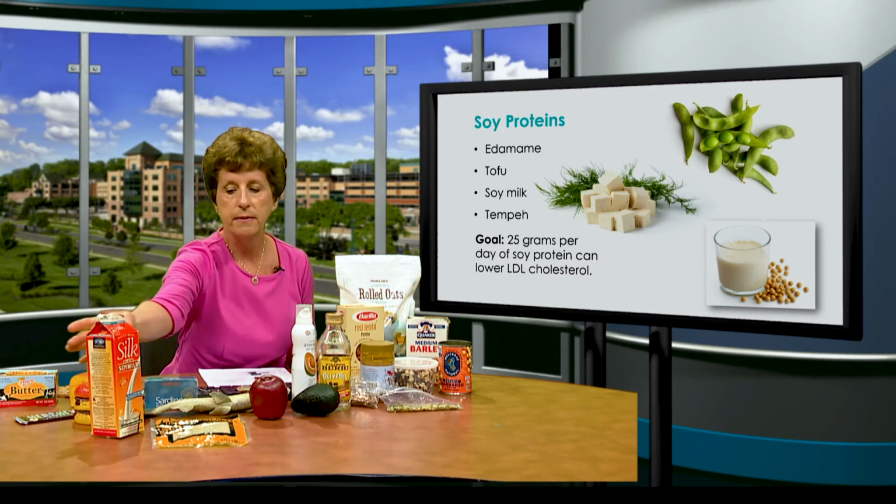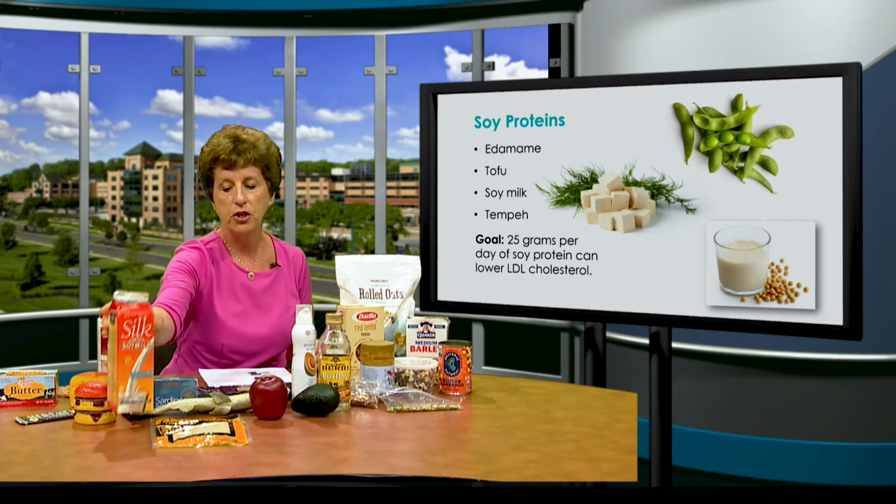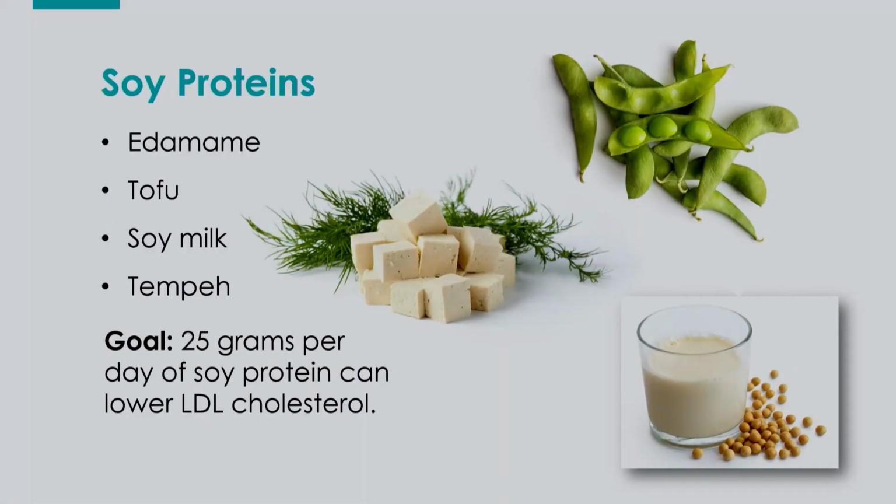Soy milk works, and just be careful. A lot of soy milks have added sugars in them. You just want to look at the label and see really what you're buying and if it is unsweetened or whether it is sweetened. Tempeh is a fermented soybean cake,